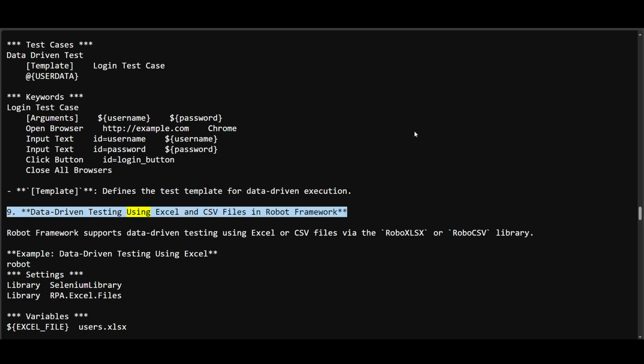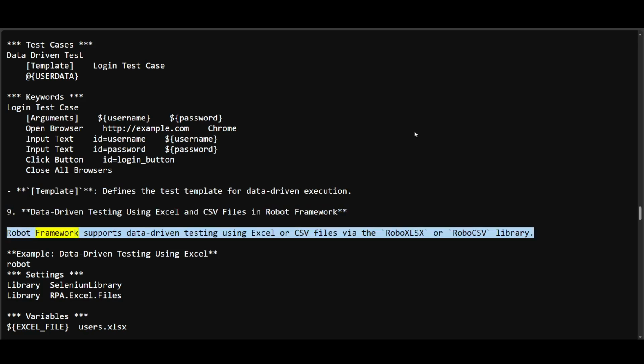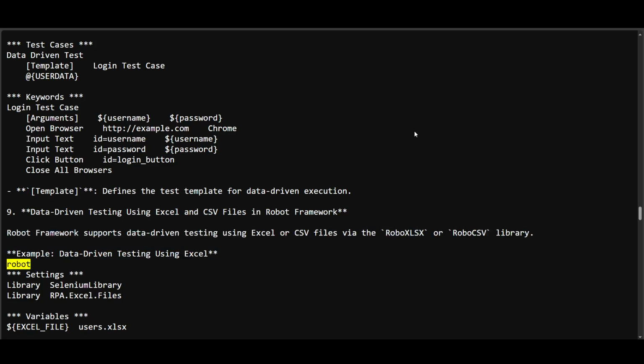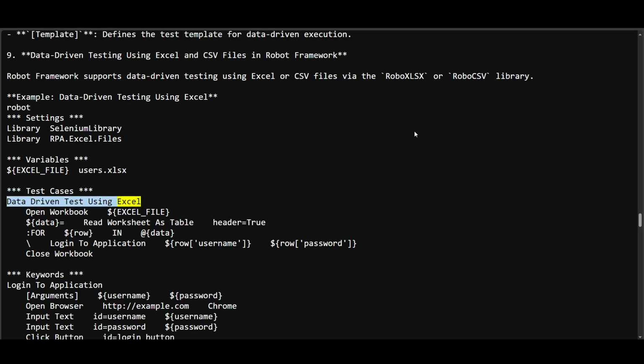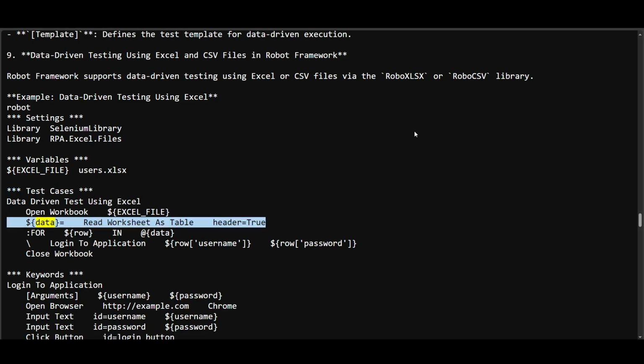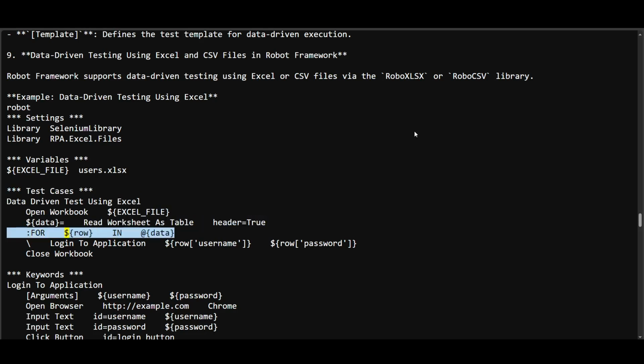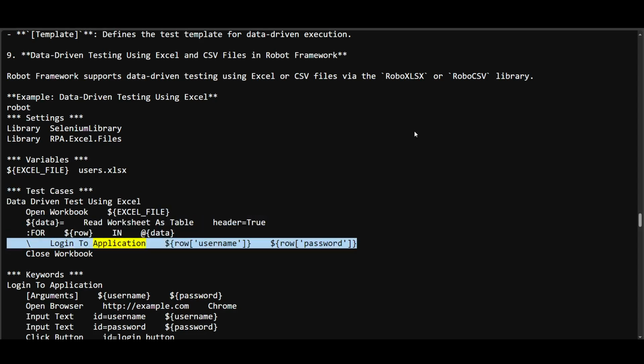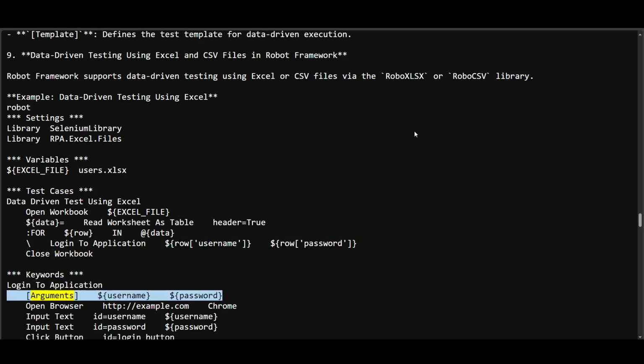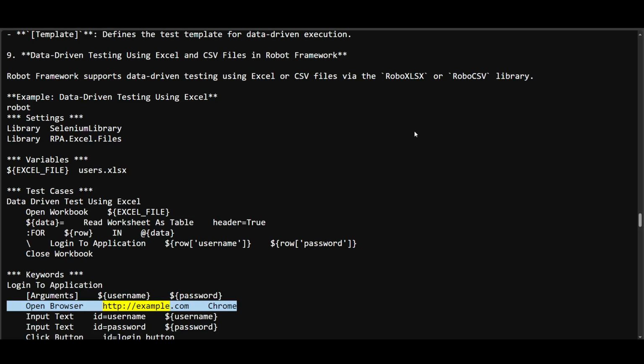9. Data-driven testing using Excel and CSV files in Robot Framework. Robot Framework supports data-driven testing using Excel or CSV files via the RoboXLSX or RoboCSV library. Example, data-driven testing using Excel: Settings, Library SeleniumLibrary, Library RPA.Excel.Files. Variables: ${Excel_file} users.xlsx. Test Cases, Data Driven Test Using Excel: Open Workbook ${Excel_file}, ${data}= Read Worksheet As Table header=True, FOR ${row} IN @{data}, \ Login To Application ${row}[username] ${row}[password], Close Workbook. Keywords, Login To Application, Arguments username password: Open Browser http://example.com